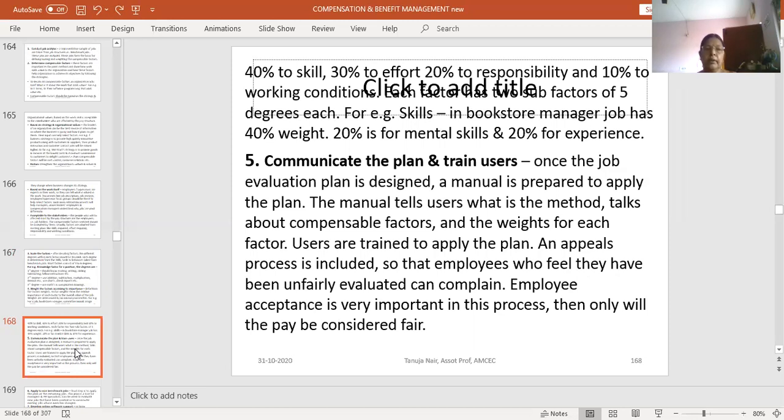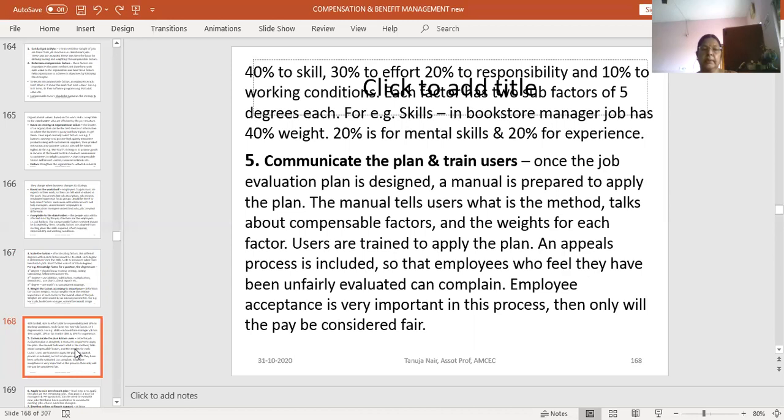Then you have an appeals process. Appeals process means suppose an employee feels that he has been unfairly evaluated. That means his job evaluation was not fairly done for him. Then he can appeal, he can complain to this appeals process. It will be a group of people, a committee which will be collecting the complaints of employees, looking into it and trying to solve it. So the appeals process should be there